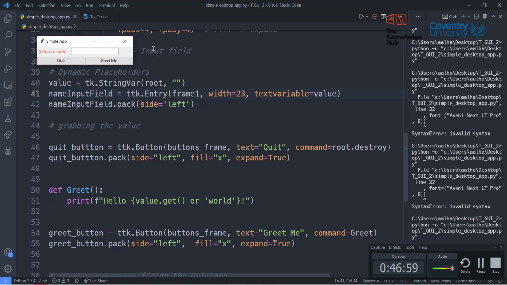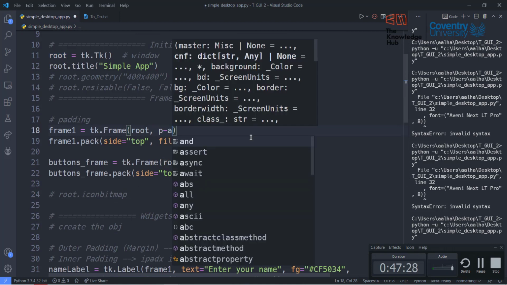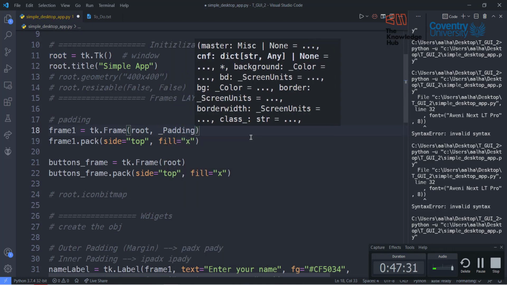Okay, note that frame 1 and the second frame are literally stuck to each other. Frame 1 is the part that has the label and the input field. This is frame 1, like row 1. The other row, this is frame 2, which contains two buttons right next to each other, right? These frames actually are stuck to each other vertically, right? So we can add some padding to the frames. I can say that this frame is going to take